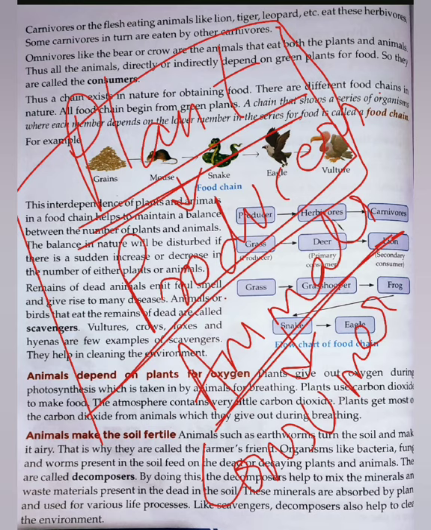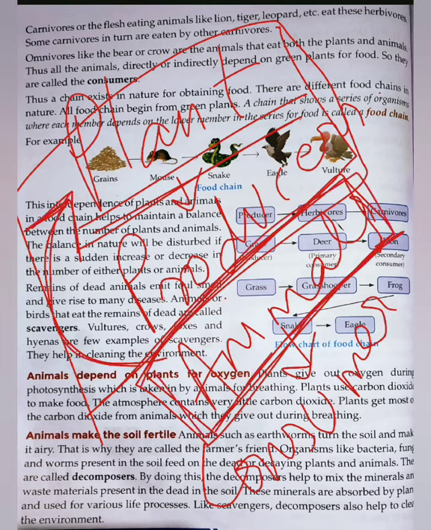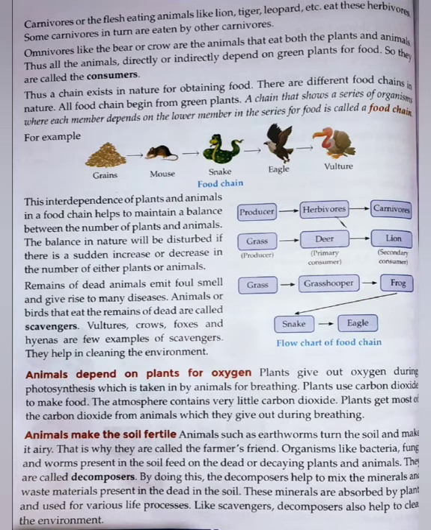Directly or indirectly, we human beings or other animals depend on plants. Either we eat the plant product directly, or the other animals, that is herbivores, who only depend on plants for survival, or the carnivores depend on other carnivores for survival. But at last we can say that yes, each and every animal or living thing except plants depends on plants for survival. Thus, a chain exists in nature for obtaining food.